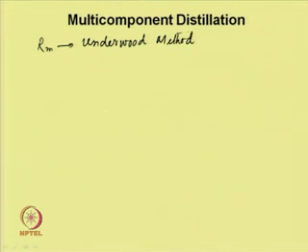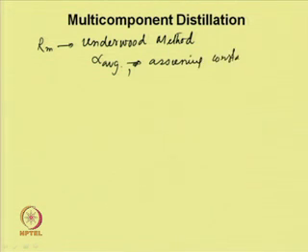This method also assumes equimolar overflow and it defines the relative volatilities of each component relative to some reference component, and they are usually the heavy components. Using the average alpha values and assuming constant molal overflow,